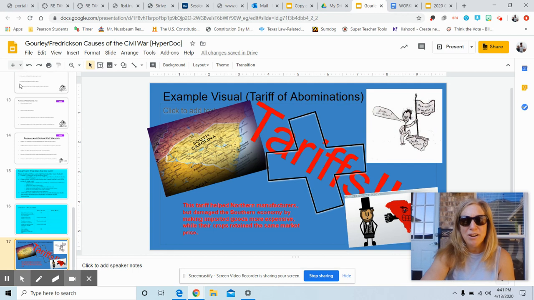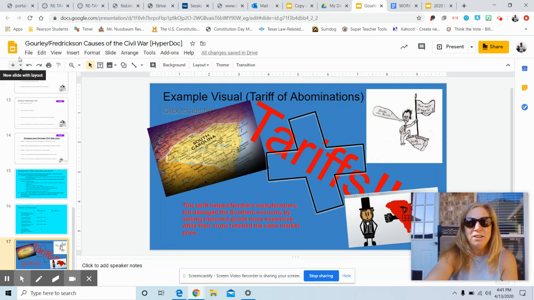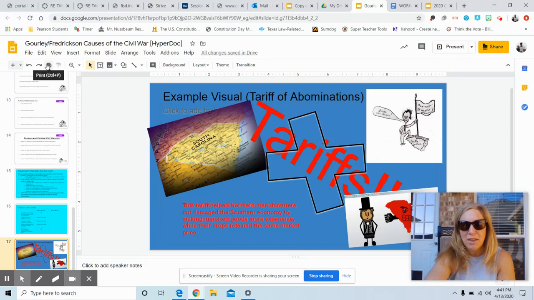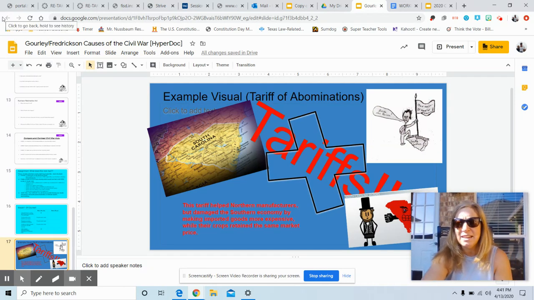So if we look here, my topic is the Tariff of Abominations. My words that give me the description: the tariff helped northern manufacturers and so forth. Reaction is over here where South Carolina is threatening to secede, and then up here at the top where they're trying to keep the Union together, and that would be what leads to the Civil War. So that's a very simple and basic